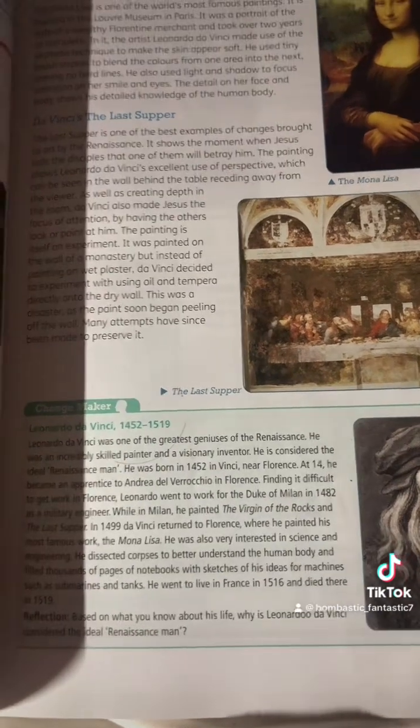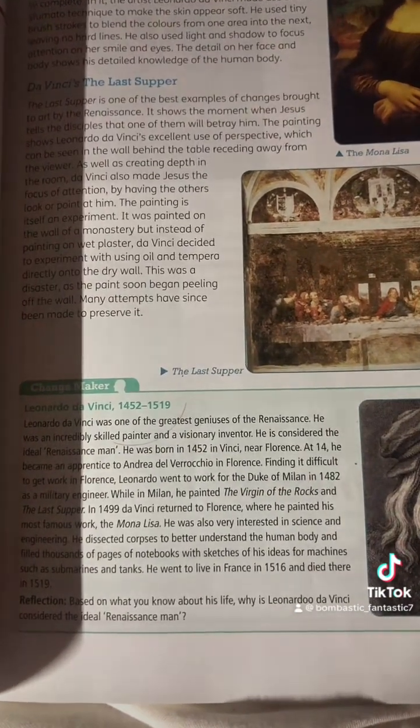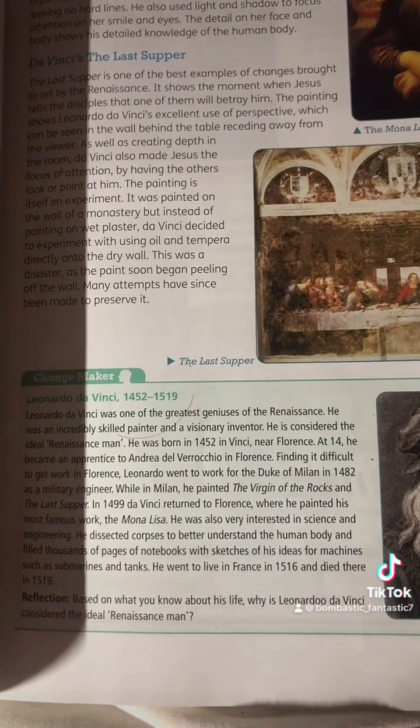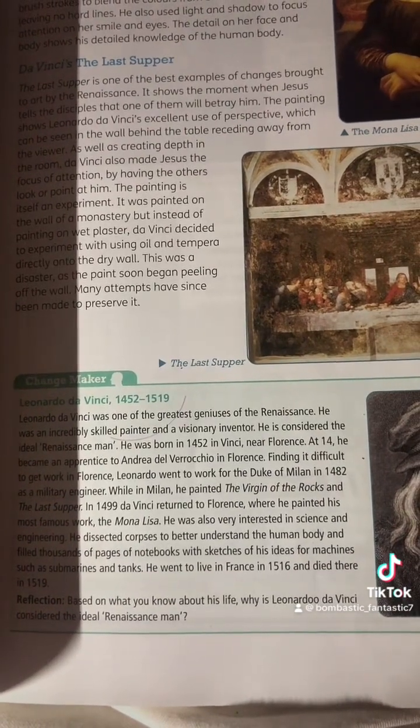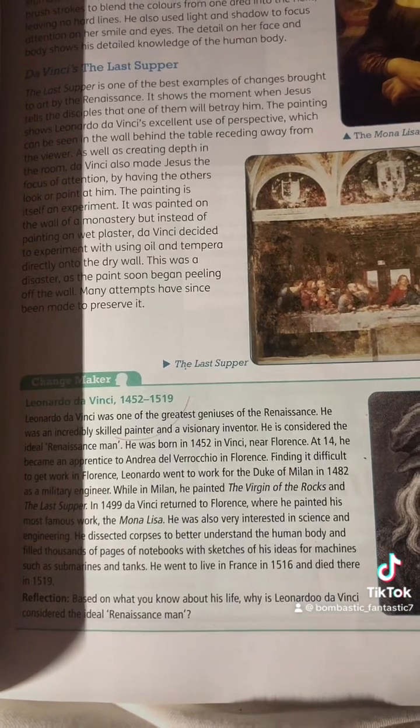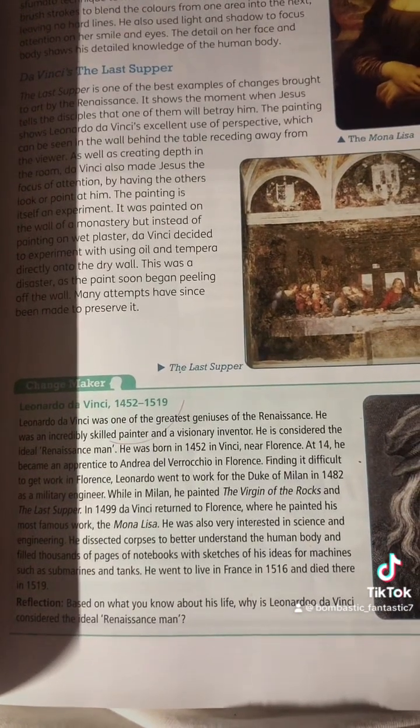In 1499, Da Vinci returned to Florence, where he painted his most famous work, the Mona Lisa. He was also very interested in science and engineering. He dissected corpses to